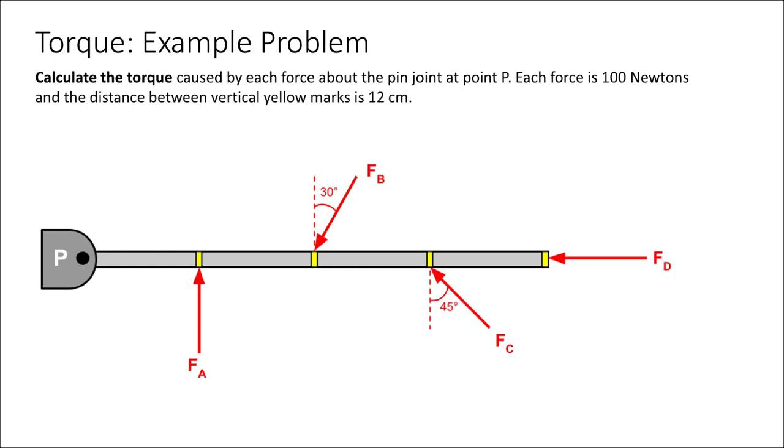All right, so in this example problem, we're going to calculate the torque caused by each of these four forces, A, B, C, and D, about the pin joint at point P. And again, a pin joint is just a place that allows the system to rotate around. Let's say that each force is 100 newtons, and the distance between those vertical yellow marks on the rod are